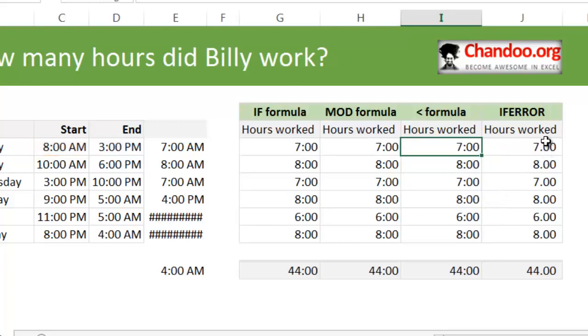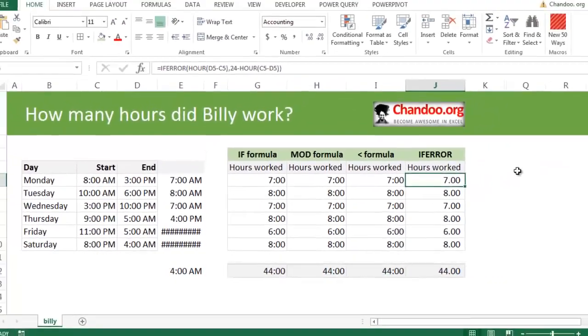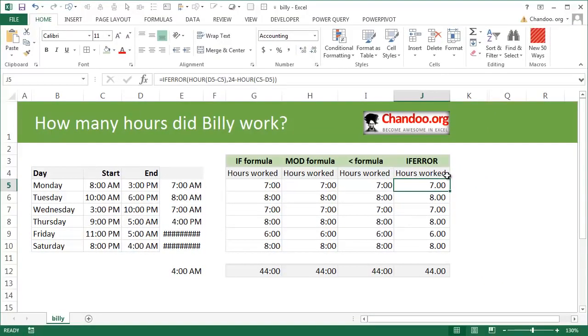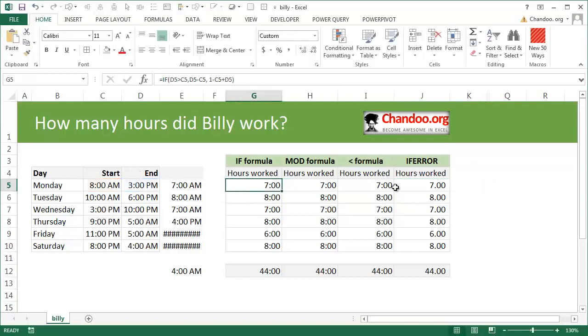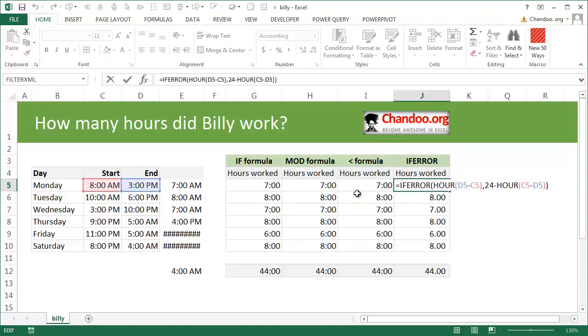Okay. The other formula that I have come across is using if error formula, because when you have a negative time, all the time calculations like how many hours are there would be returning an error. So we are saying if error hour of D5 minus C5, how many hours that is. If that formula is an error, that means D5 minus C5 is a negative number. In that case, what we want is 24 minus hour of C5 minus D5. So essentially this is like the if formula part, but here the key difference is